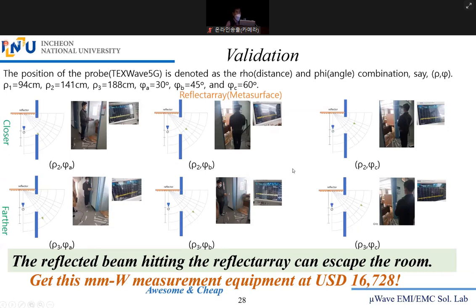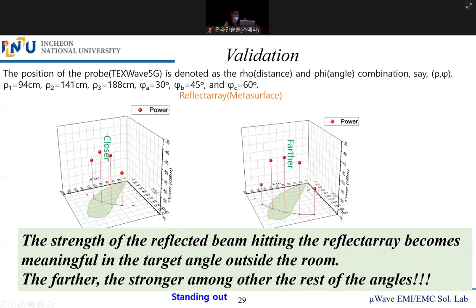But you can, at a glimpse, compare if you change the angle toward the target direction, because we test the 41 and up to 45 degree angle of reflection by this metamaterial reflector. Like this. This area has the strongest received power compared to other angular variables. Can you see that? Here, very low. Underneath the minus 75 dBm, it is embedded by the noise floor, and this is 45 degrees.